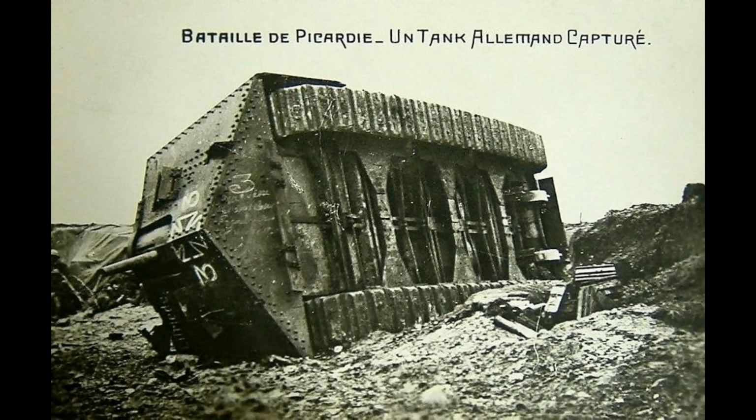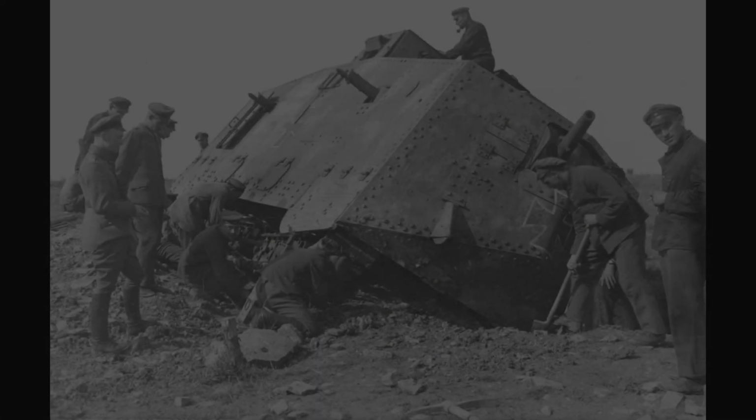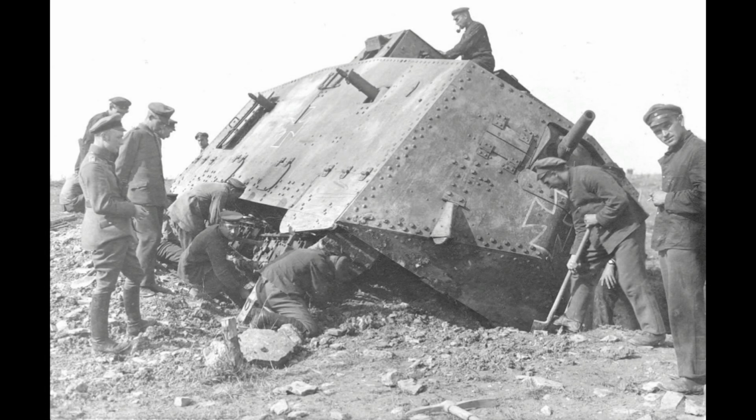But about the flipping over, that is absolutely a thing. I actually have two photos of these things having flipped over. The first one, I'm not even sure what flipped it over, but turns out having a whole bunch of crew and having a tank that is taller than wide tends to do bad things to its center of gravity. The French discovered this too really early on in the war, thank Christ, and they steered away from this